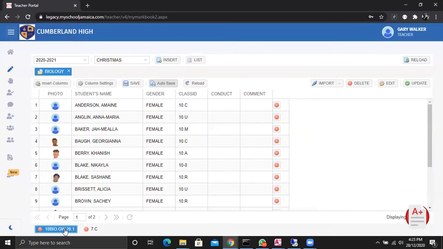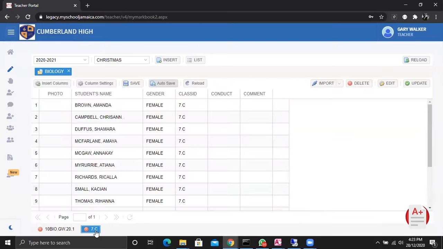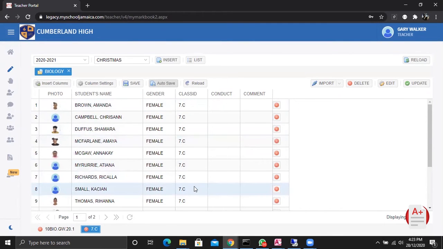You notice in my Markbook, I already have two mark sheets. One is based on a mixed class, based on the name, and I can see them coming from different classes. And the other is based on a homeroom, and as you can see, all the classes are the same. To add a mixed class, you select Insert,